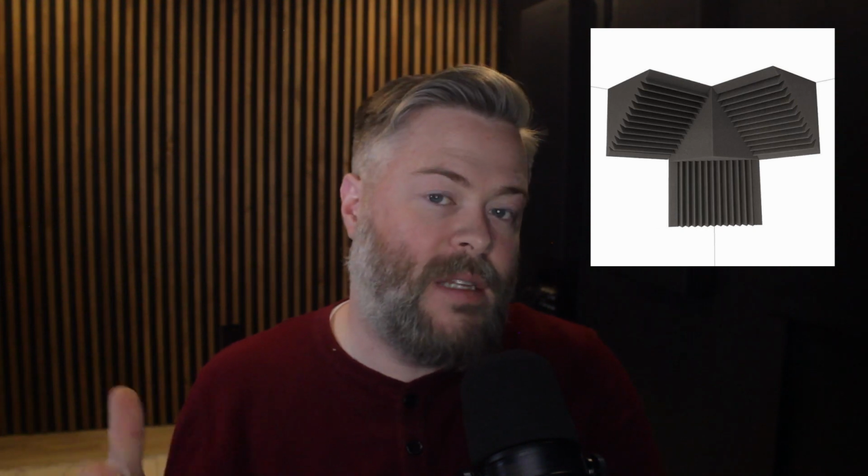from vibrating. Now, a particular type of velocity absorber that's a little bit misleading that you might come across when you're doing research is called a bass trap. If you're like me, when I first started doing research, when I heard the term bass trap, my first thought was I pictured people getting these wedges of foam and shoving them into the corners of the room, because that's going to stop all the bass that is building up in the corners. Now, there is some truth to this idea of bass building up in corners, but actually a bass trap that